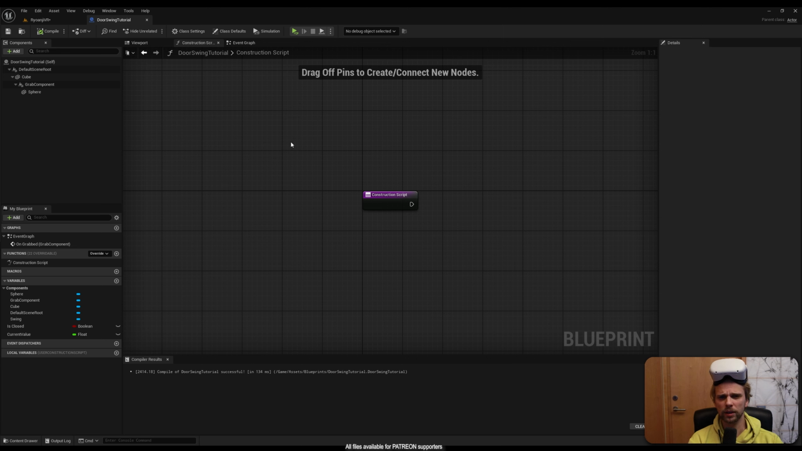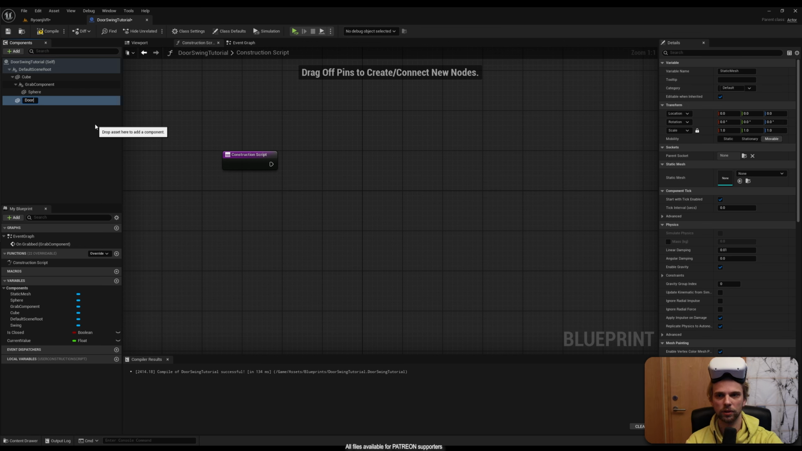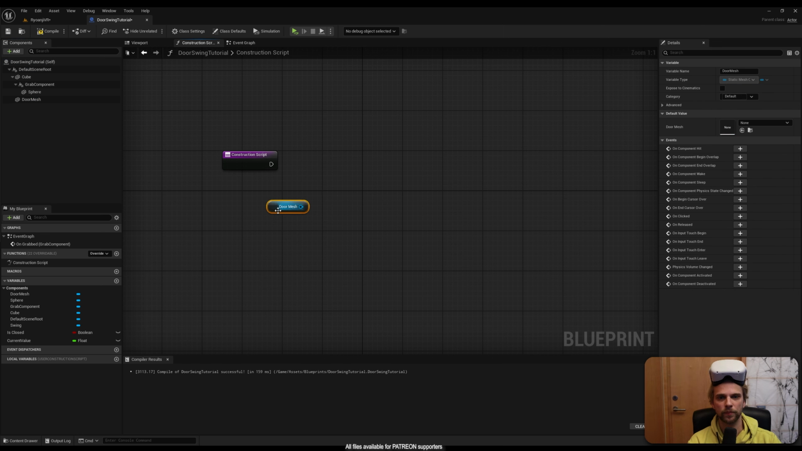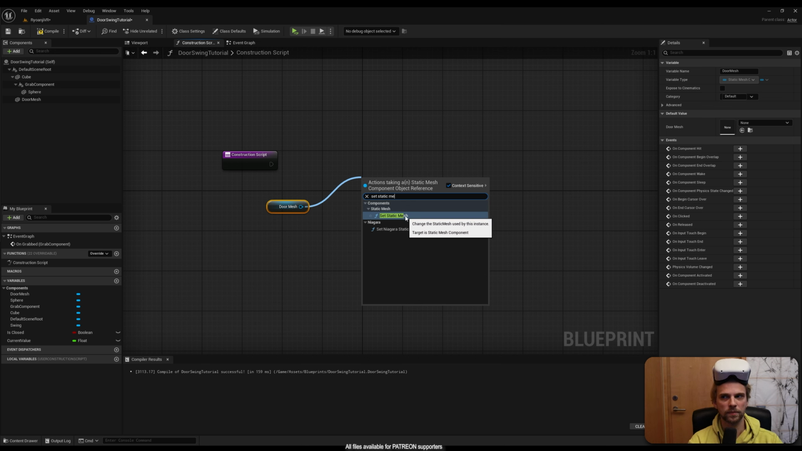So the first thing for the construction script, I want to have a static mesh object, right? So I'll add a static mesh right here. Bam. And I'll call this door mesh. It will be empty at the start. I don't need it to have anything, right? Door mesh. And for the door mesh, let me drag it over. I will drag out set static mesh, like that,